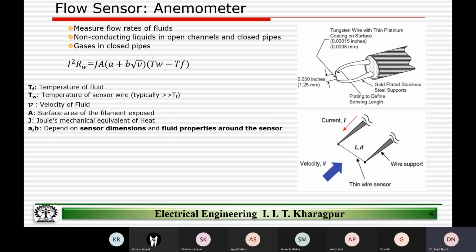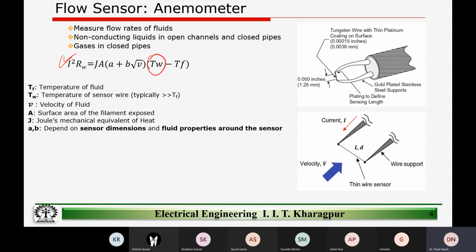So what all things are under our control? The current that we are forcing through the wire is under our control, or the temperature of the wire. These two things are under our control. Based on these two controllable parameters, anemometers are of two types. One is constant current and the other is constant temperature. And we are going to discuss both types of